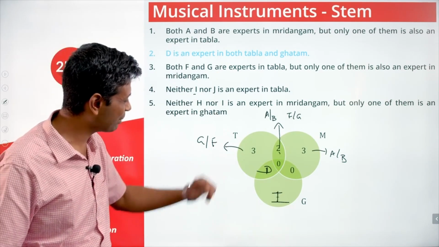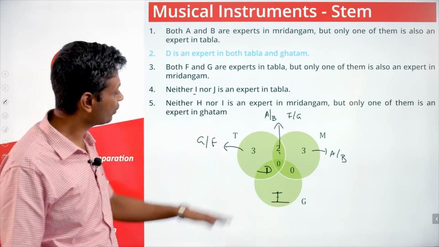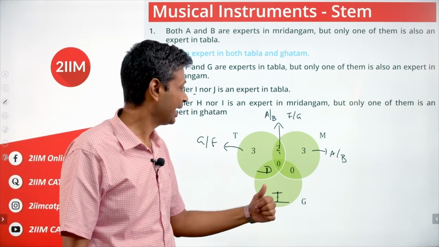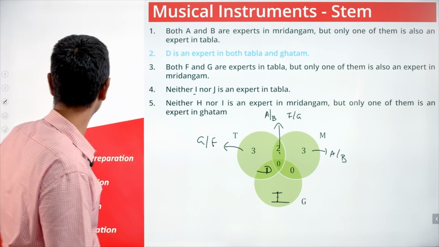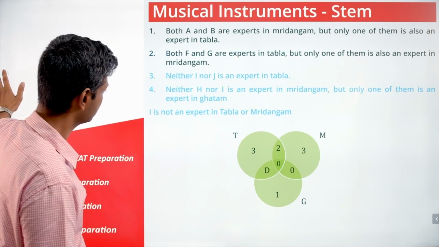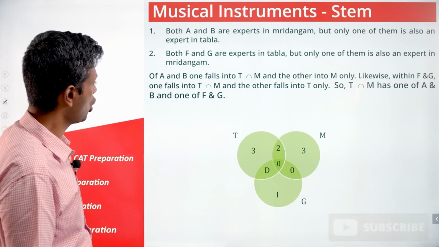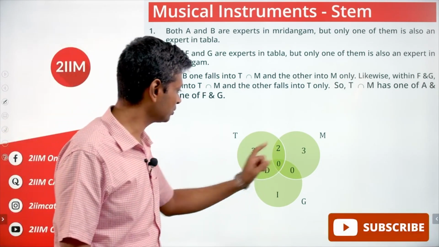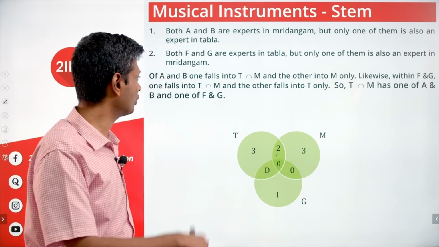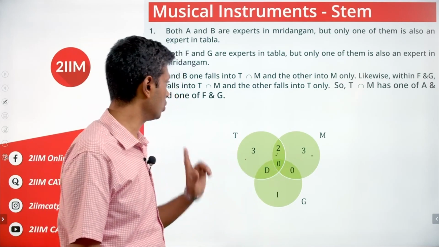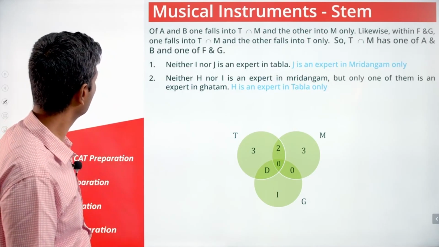We've got D in the bag. We've got I in the bag completely. And one of AB or FG has to be here. The other of AB goes here. The other of FG goes here. And so let's fill this in, and then we'll build. One of A or B falls here. One of F or G falls here. The other of A and B goes here. The other of F and G goes here. Lovely. Now build on this.